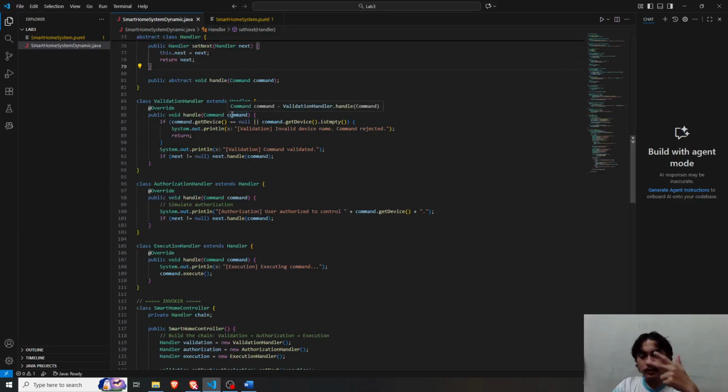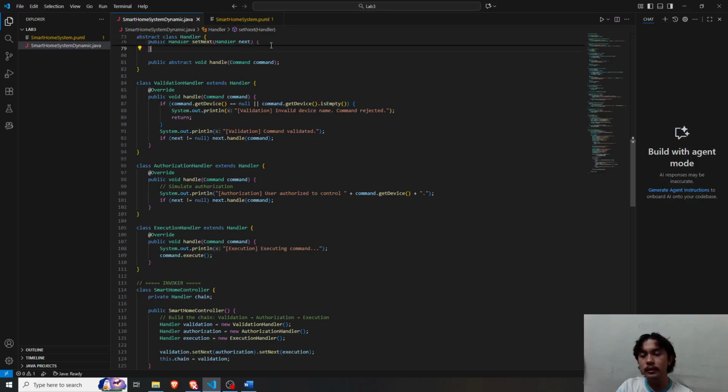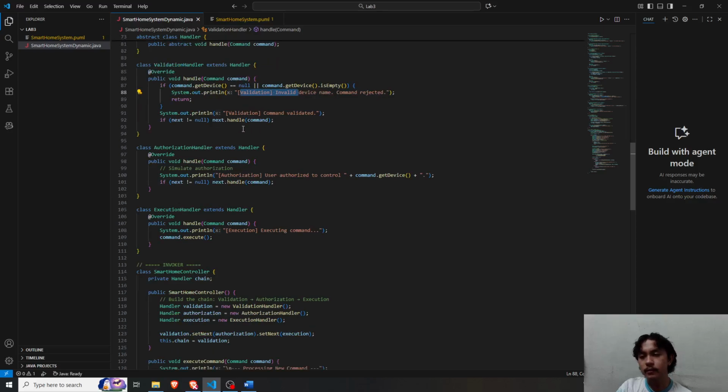We have three kinds of handlers here: the validation handler, the authorization handler, and the execution handler. Hence the name validation: it has to be validated. For example, if the device name is null, then it's not validated, so it will prompt an error, invalid device name.